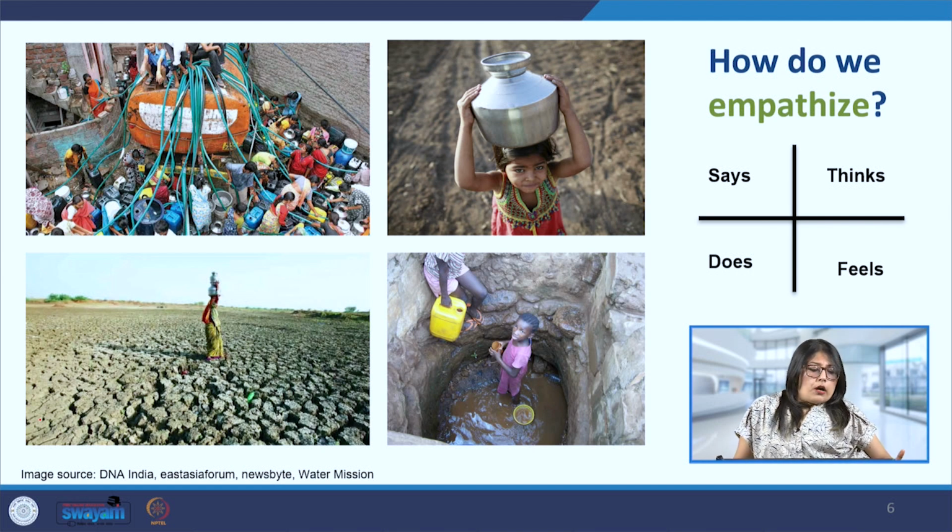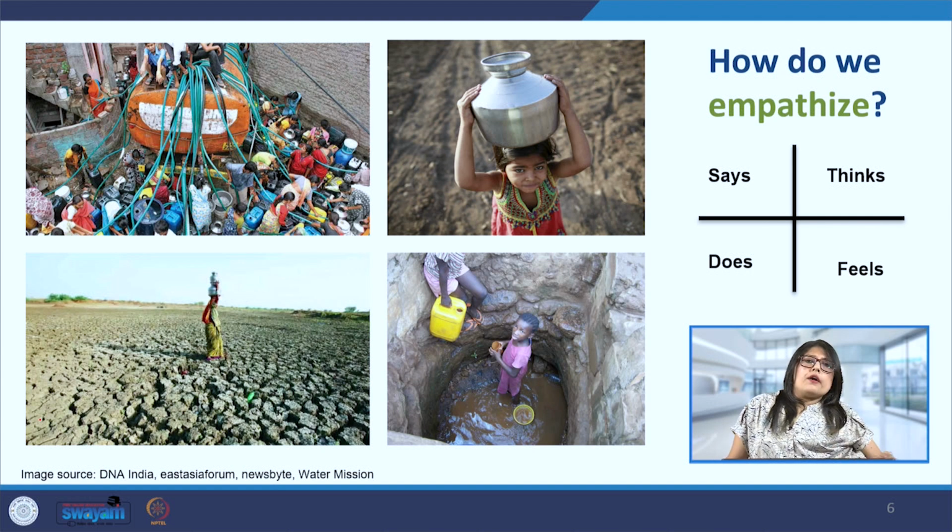And what they are doing is walking long distances to fetch water, or standing in long queues to fetch water, and they use contaminated water for daily needs. So they are using water which is not filtered, which may have some metals or other impurities, waterborne diseases, which they may be carrying home, and then their children are having those.